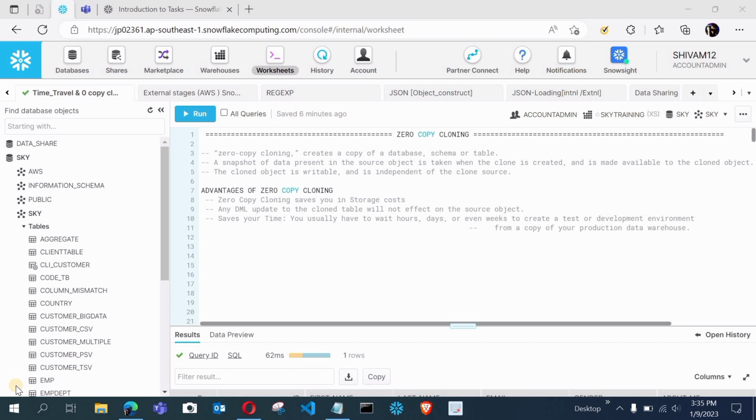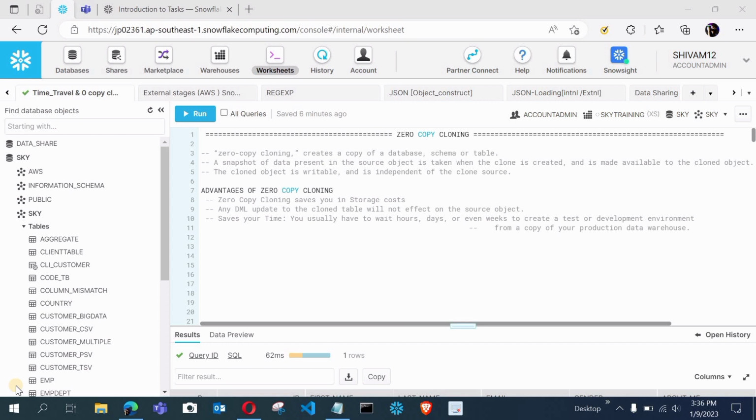Okay, and in the earlier videos we have covered all about the data loading from the internal stages and from the external stages from the AWS S3 bucket. Okay, and we have created AWS S3 free trial account as well. If you haven't seen those videos, data loading from AWS S3 and internal stages, then you can visit my description box and you can watch those videos on the data loading. Okay, so in this video we will discuss all those topics of zero copy cloning only, because it is a very best feature which is available to us by the Snowflake.